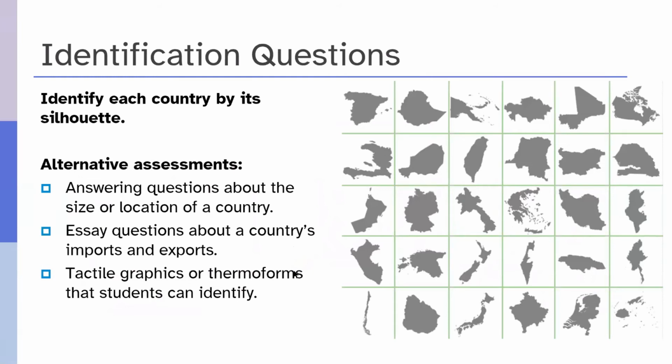I am starting here with an image that has silhouettes of many different countries, and have to admit I cannot recognize any of them. My geography is not that great. I haven't really studied them, but this would be very difficult for me as a sighted individual as an exam. But this is an example of a test question, hopefully in a geography class. And the question was to identify each country by its silhouette.